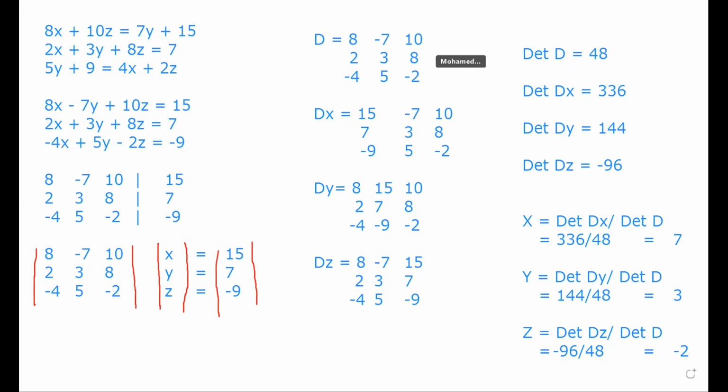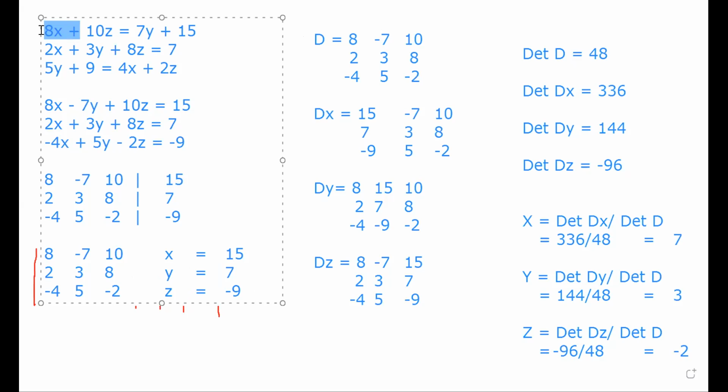For example, if the equation is in this format, look at here, there is no x. I have directly given you 10z is equal to 7y plus 50. But what we need to do, look at the second and third example. Here we have x, but in the first equation we don't have x. Then what to do? Actually, the coefficient is 0. That's why it became 0. It means you have to create the equation in this format: 0x minus 7y. Then only you can convert your matrix in this form.